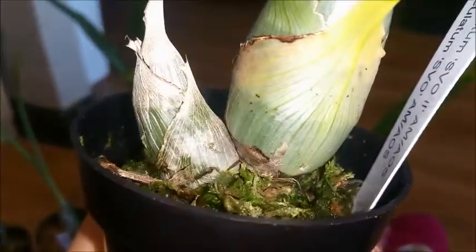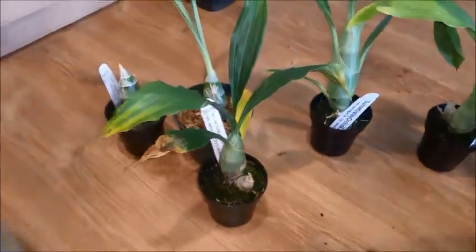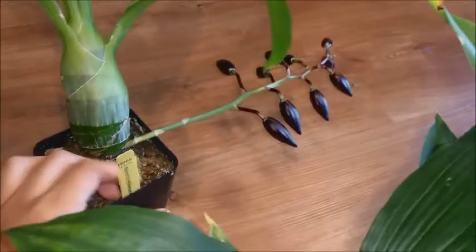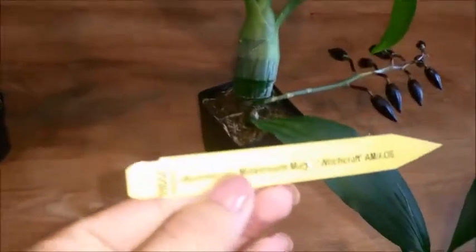But I'm really excited to get to bloom this one, because this is also another orchid that I saw on the Facebook group that I was dying to have. So yeah, can't wait for that one to bloom. And I got this one. This one is the last one, I think. And this one is the Mani. I always say it wrong. This is the